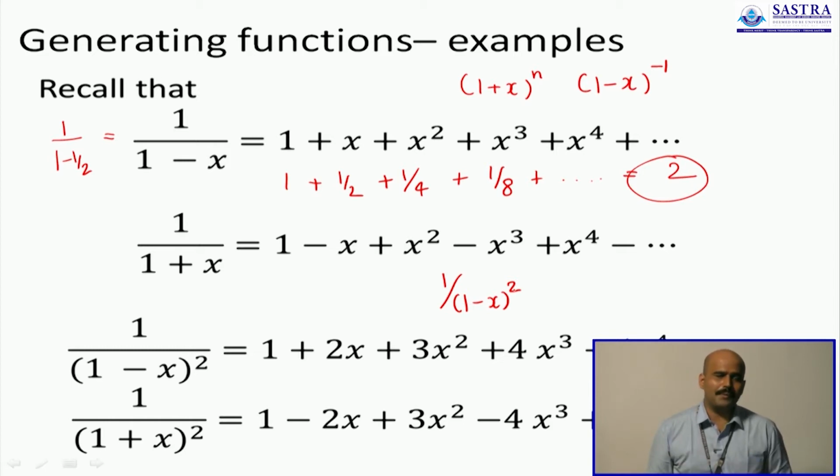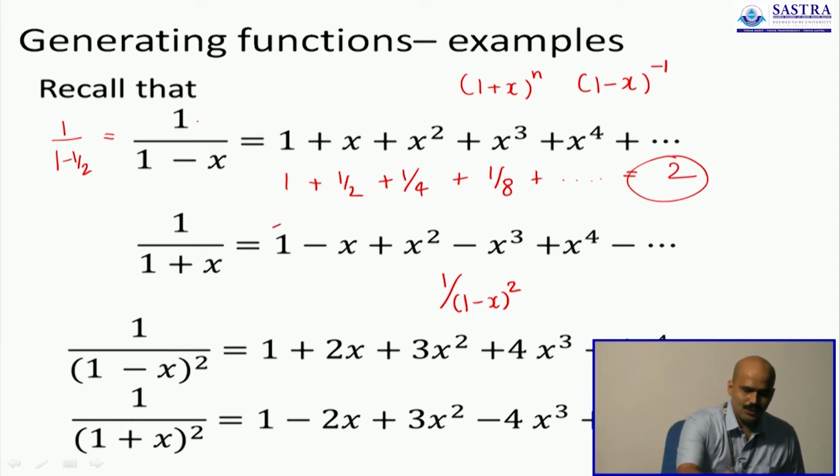If I flip the sign, if I have every second term having a different sign, as in 1 minus 2x plus 3x squared minus 4x cubed, so on and so forth, that will correspond to the similar expansion of a binomial term like 1 plus x, but this time it is positive. So these are some elementary formulae where an infinite series can be summed up to a value of a function.